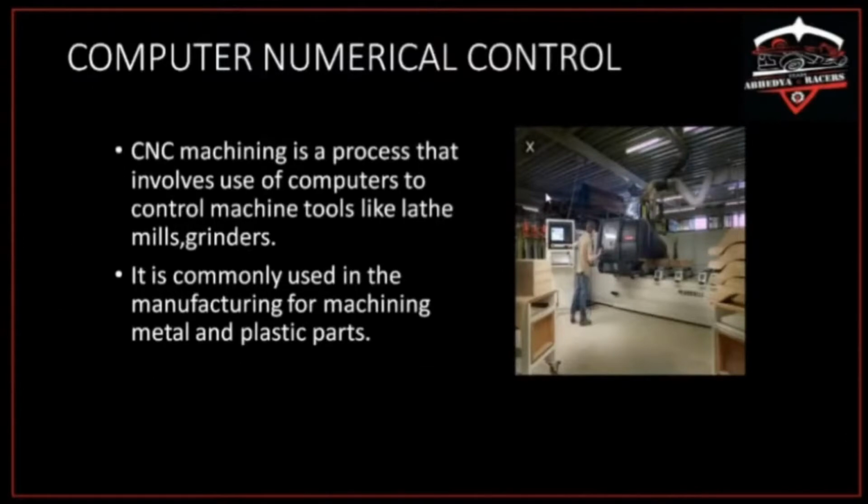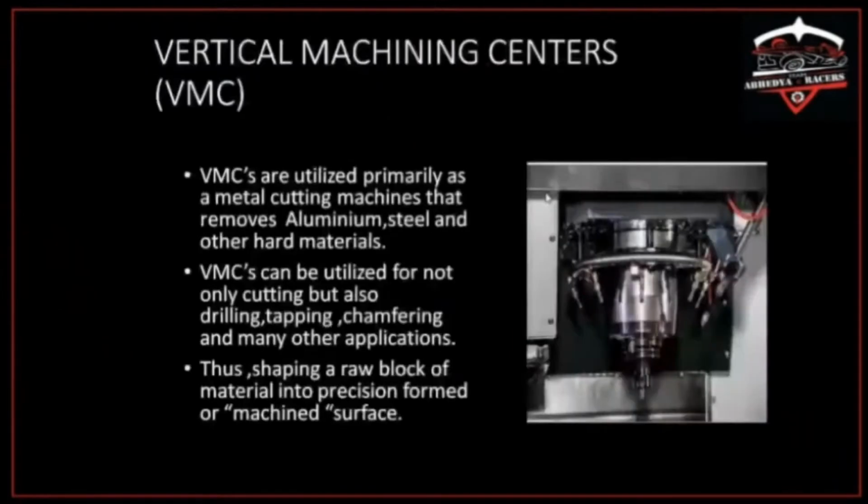Vertical machining centers (VMC). VMCs are utilized primarily as metal cutting machines that remove aluminum, steel, and other hard materials. VMCs can be utilized for not only cutting but also drilling, tapping, chamfering, and many other applications, thus shaping a raw block of material into a desired form